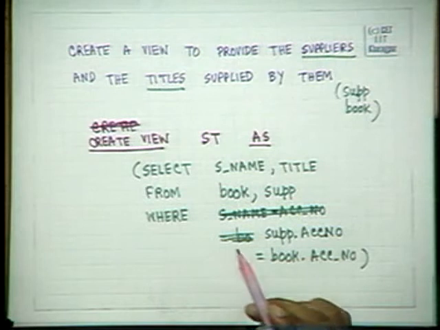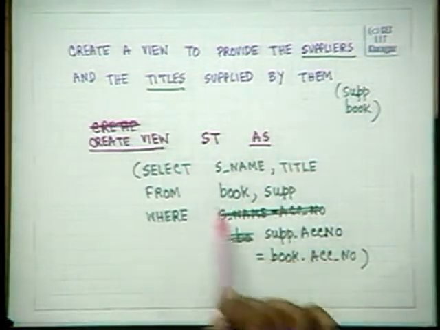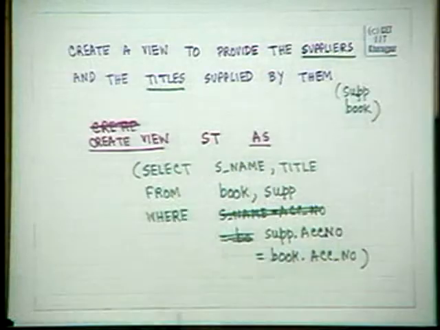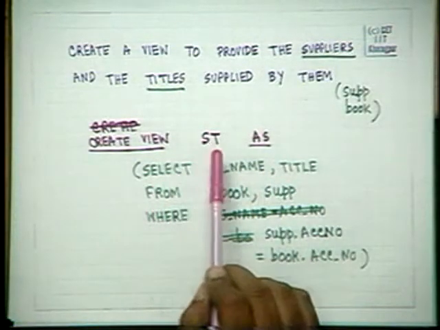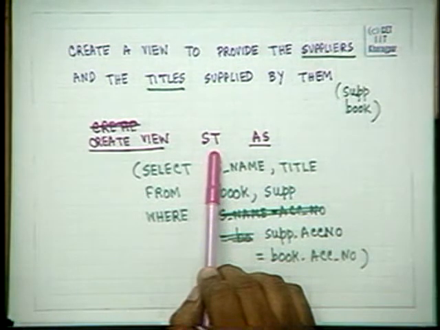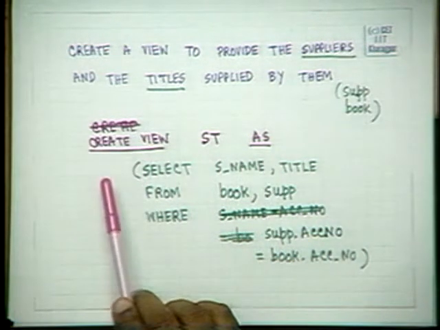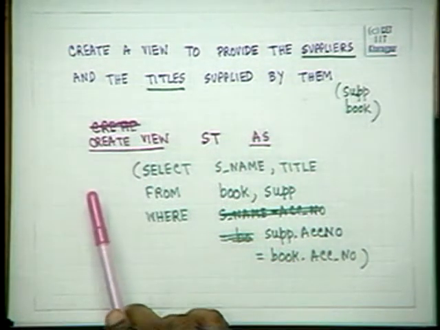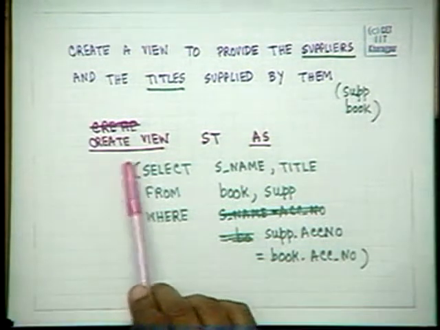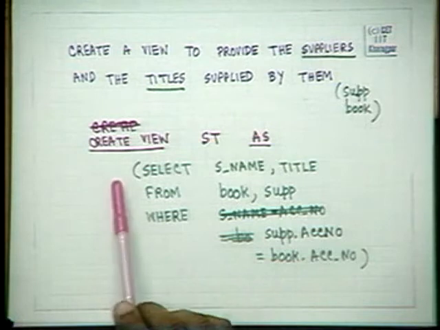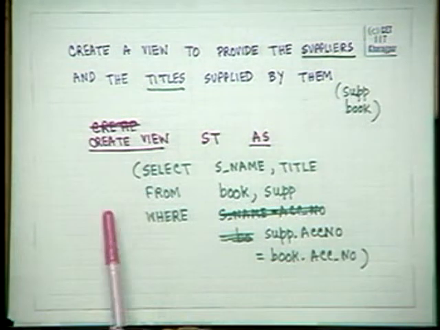Now I may want to concern myself with all the titles. Whenever I have queries, I have decomposed my relations in a particular way because I have defined my database in a particular way. But I may be using certain expressions which lead to relations very frequently, and I will define them as views also. But there is a question of efficiency because every time this expression may need to be calculated. So when designing and implementing a database, we may have to consider how we will tackle the evaluation of views in an efficient manner. That we will see later on.